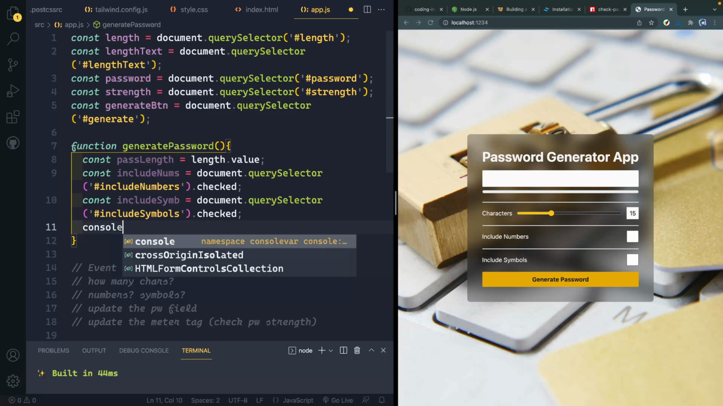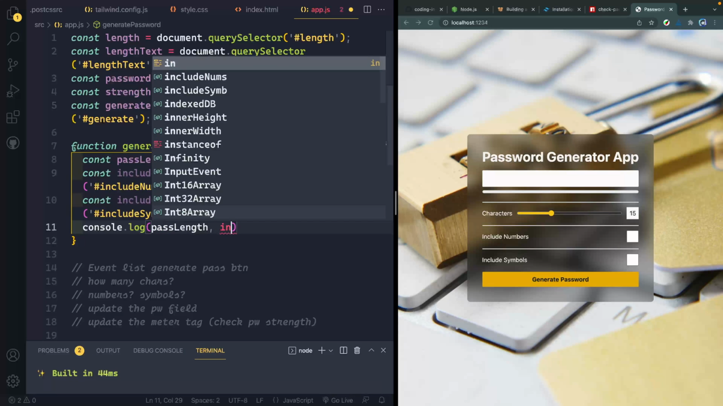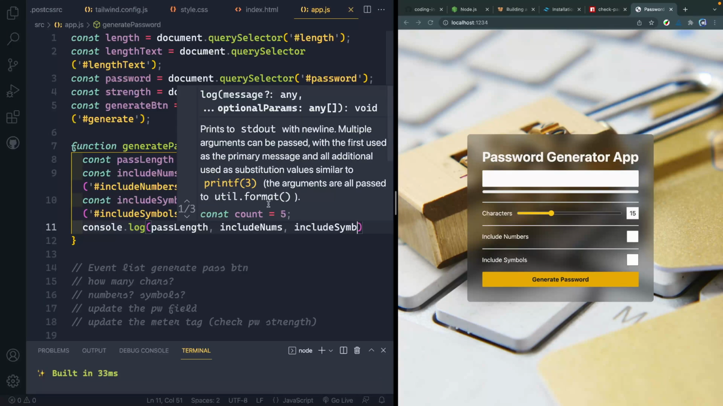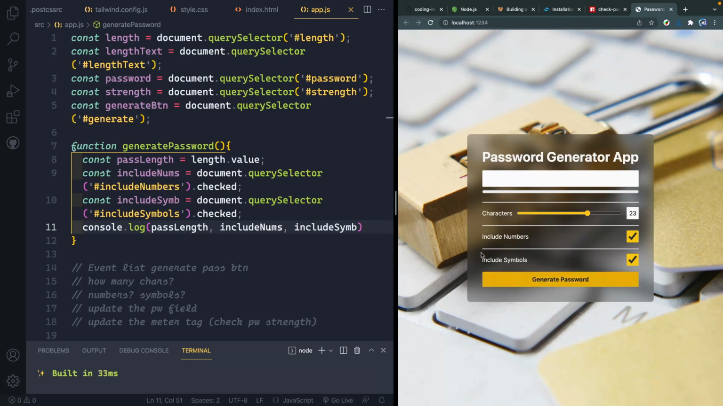And if I console.log, and we're going to do the passLength, the includeNums, and the includeSyms. All right, so let's go ahead and do that. I'm going to jump over here and open up the console. And then if we click, we should get 15 false, false. Click this, change that, click it again. Now we're 23 true, true. Okay, so we're getting what we need whenever we click this button to know basically, hey, how should we construct